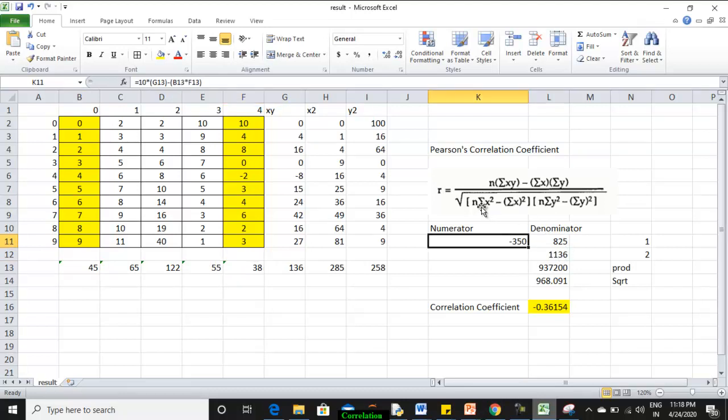In a similar way, in the denominator, I have first calculated this part and the value is 825. The second part gives 1136. When we multiply together and then take a square root, it results here.